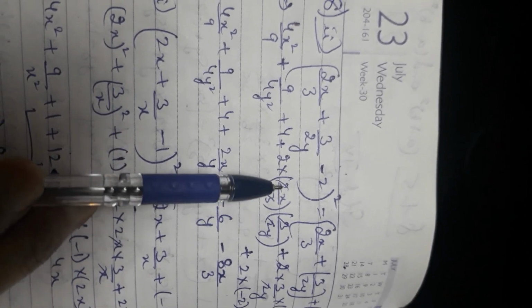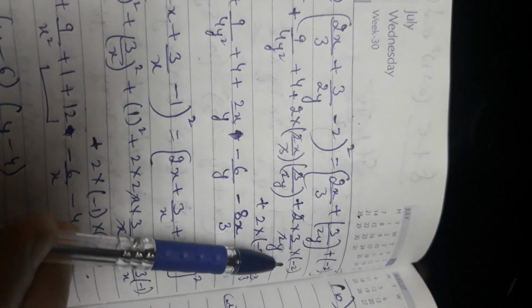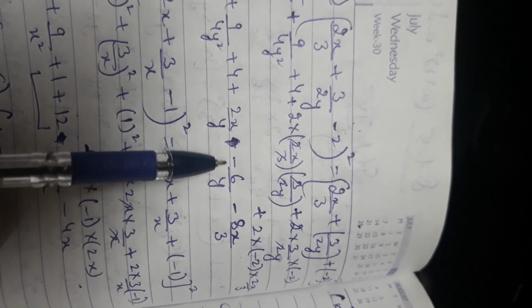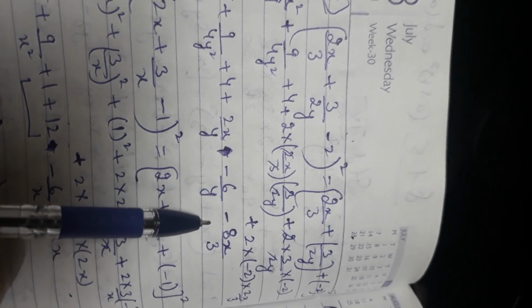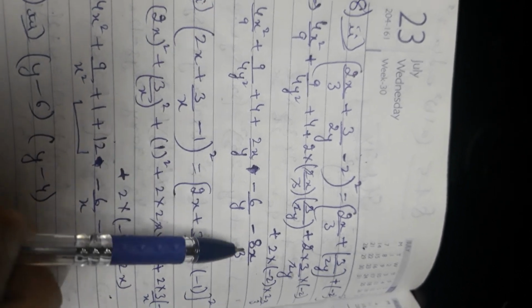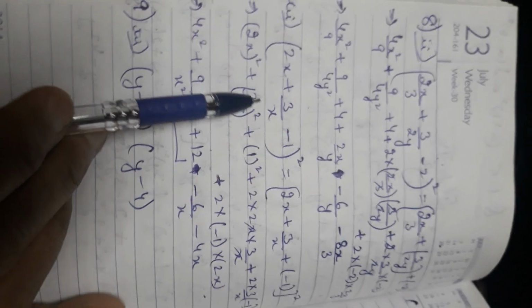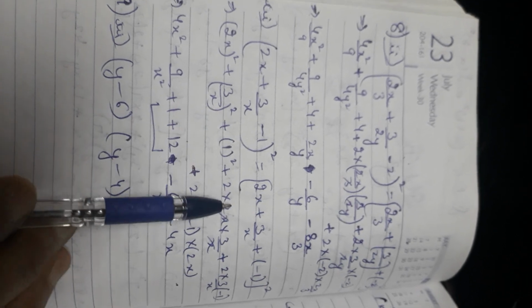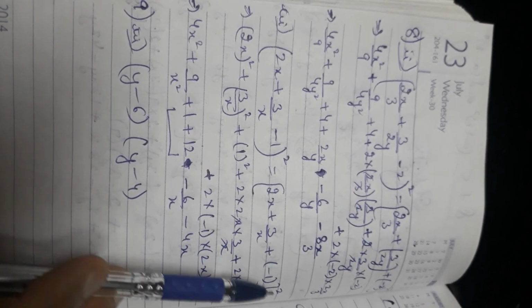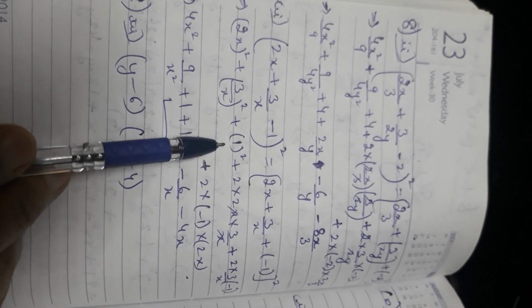So here whatever cancels you can cancel, and the sign you have to take care. Here plus minus, it will be minus. Here also plus minus minus. Right? So we get this. Now the second part, exactly the same. The explanation is the same. First we take the negative inside, then the square terms we write.